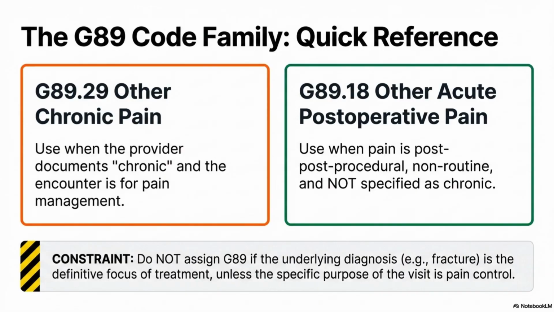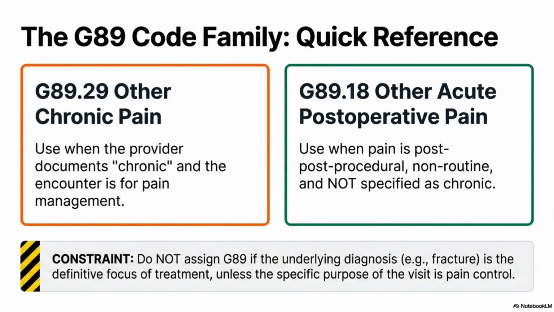Here's a quick refresher on the G89 codes. G89.29, other chronic pain. Use when the provider documents chronic, and the encounter is for pain management. G89.18, other acute postoperative pain. Use when post-procedural pain is non-routine and not described as chronic. And remember, do not assign G89 when the underlying condition is the focus of treatment, unless the visit is specifically